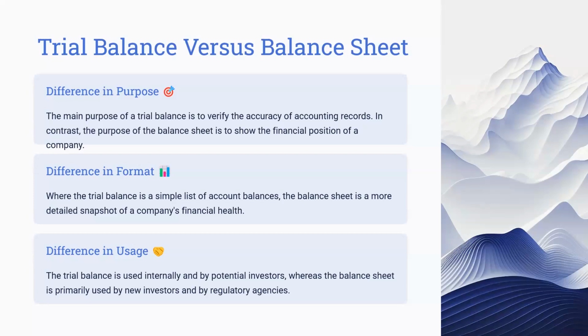Other than that, the trial balance adds up all the ledger accounts and finally checks whether the debits and credits are equal. But the balance sheet doesn't go with the balancing of the accounts. The balance sheet is a summary of the organization's assets, liabilities, and equity, the shareholders' equity. So only in the trial balance you have to make sure that the final accounts